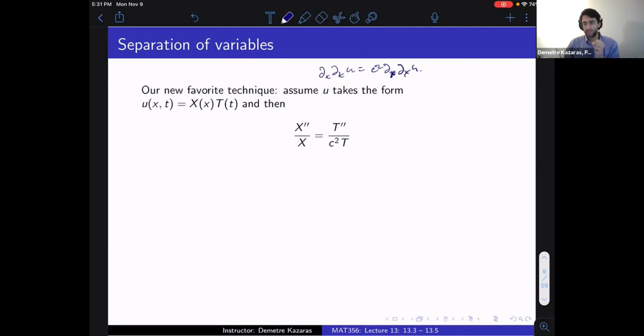justified later by a Fourier series. Suppose u takes that form, we'll see what we get, and then we'll try to formulate a solution to the wave equation. Now, this is going to be a little bit different for the wave equation. We'll be able to write down a solution, but it won't necessarily be transparent what's going on. Just to give a little bit of a spoiler,